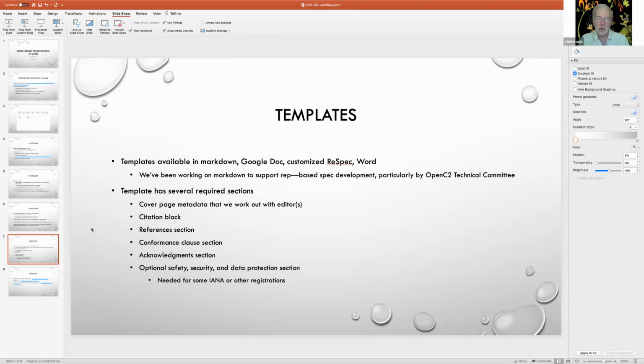And why is this important? Well, the reason the conformance clause section is important is, one, it gives somebody a real simple way to find out quickly what parts of the spec they need to pay attention to in order to build an implementation of it. And secondly, because the OASIS IPR promises apply to conforming applications, you need to tell somebody how to be a conforming application.